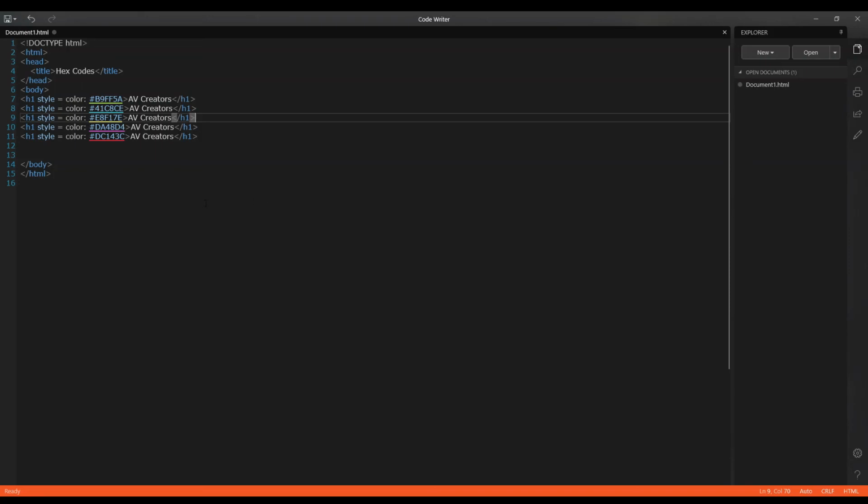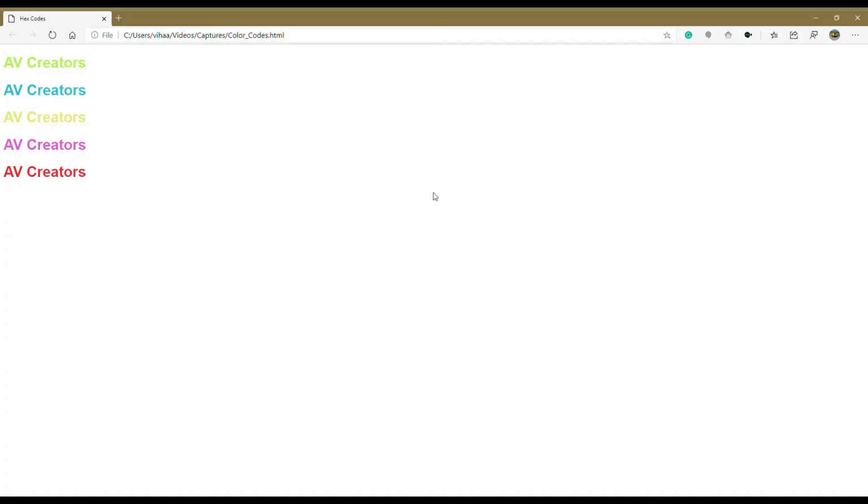Here we have typed 5 to 6 sample colors. Now let me save the document and run it in the browser. You can see the different colors. Alright, I have saved the document and run it in the browser. You can see the hex colors, the underline under the hex code is the same color that has come here. It's different than normal colors we know and their names.